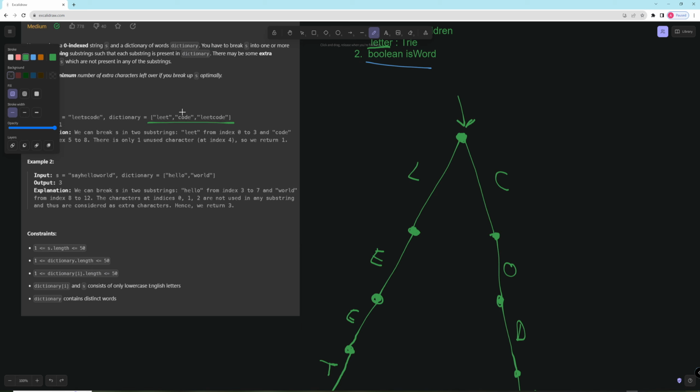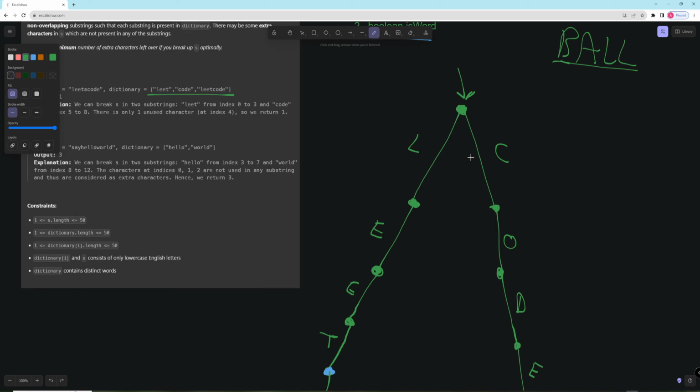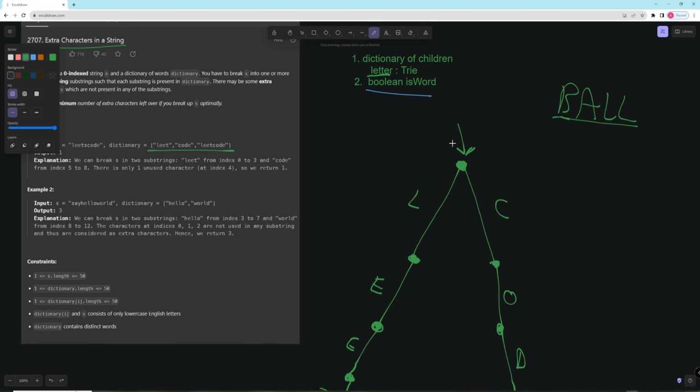And then to check for words in a trie, like I said, pretty straightforward. Let's say we're looking for ball. We can just say, okay, can we get the B from the root? No, we can't, so ball is not in there. So anytime you have to get this whole word, and let's say the word was like